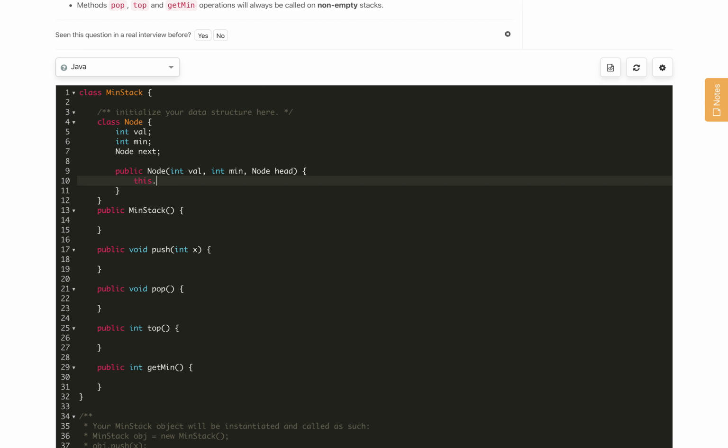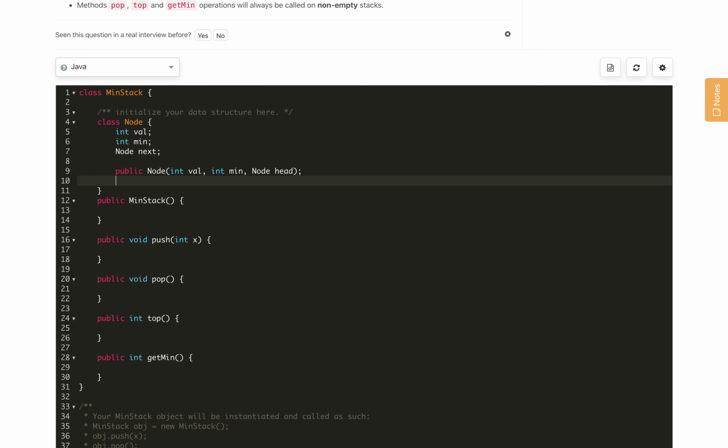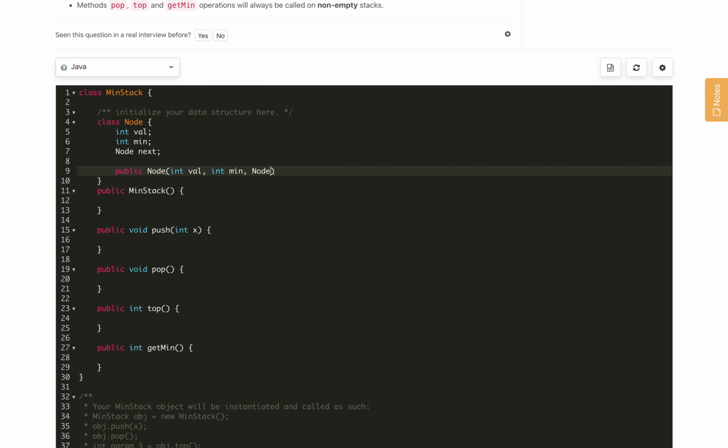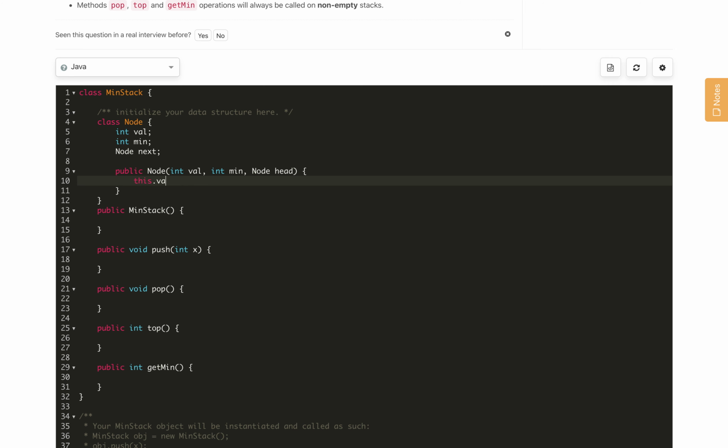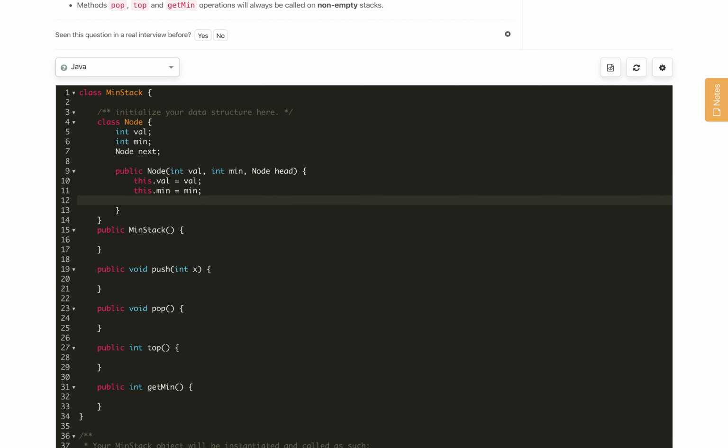So here this.val is equal to val, this.min is equal to min, and this.next is set to next instead of head, let's change it to a reference next. So this is the constructor part and the Node part is done.